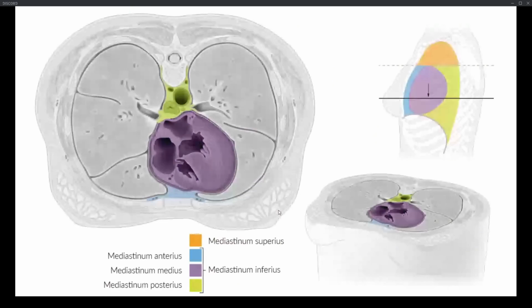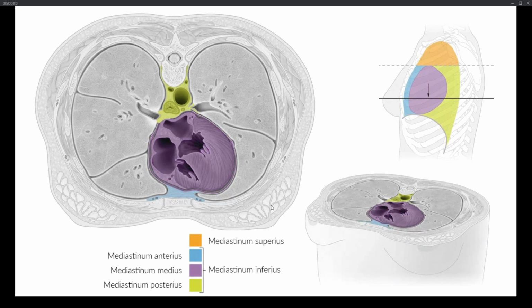So we will start with the mediastinum. It's a word which stems from Latin, quod per medium. It's basically the area in between the lungs, surrounded by the two lungs, filled with connective tissue and several organs. So there is a mediastinum superius and a mediastinum inferius. And the mediastinum inferius is once again split up into mediastinum anterius, medius, and posterius,